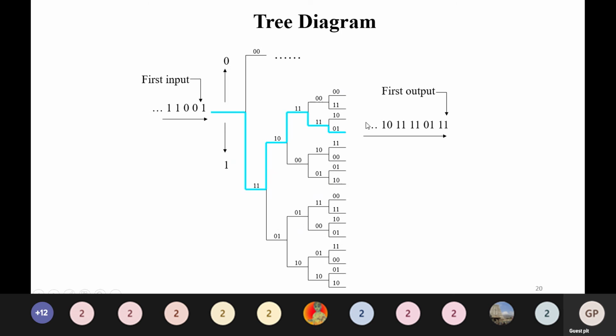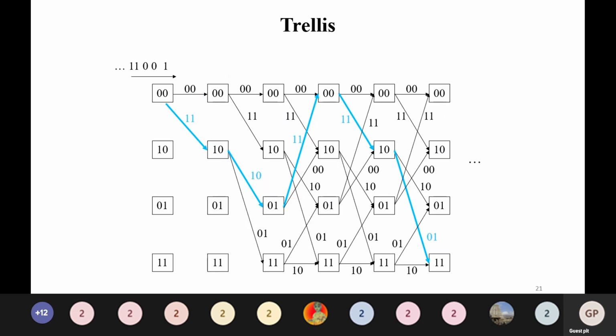So for example 3 to 4 stages. Depending upon the input, the first bit is 1, so that comes in the lower branch, and then the next bit is also 1. So likewise you can go here. The next bit is 0, upper branch. Then it goes on. So you can find out from the first input what the output actually is. Okay, so that is the tree diagram representation. Likewise, you'll be having the trellis diagram representation. If you know the trellis diagram representation, you can easily calculate the Viterbi algorithm.